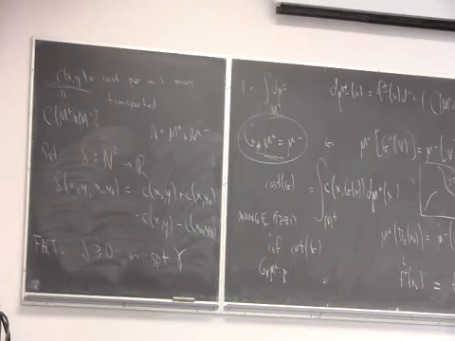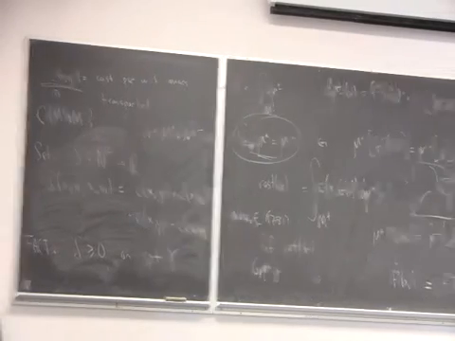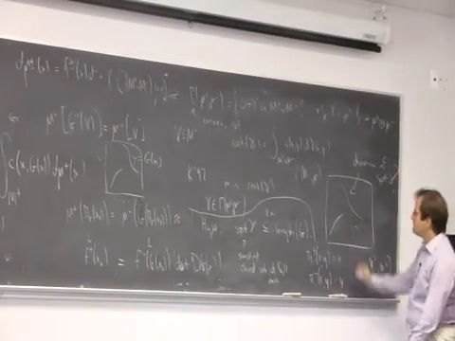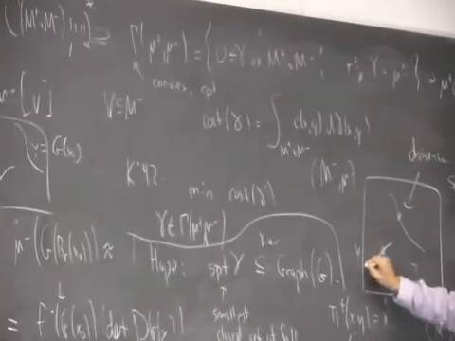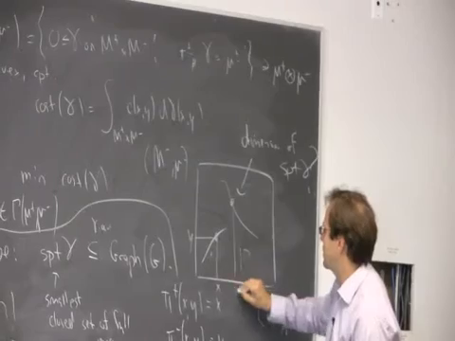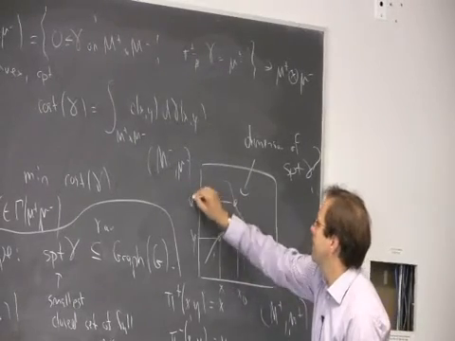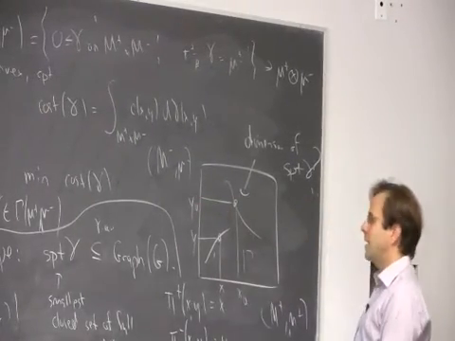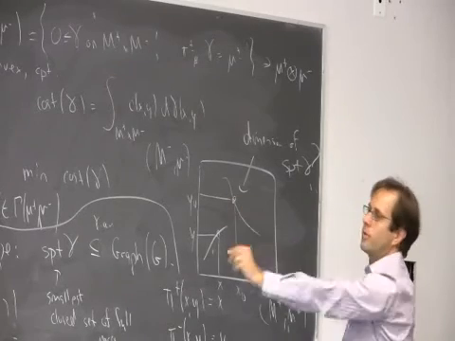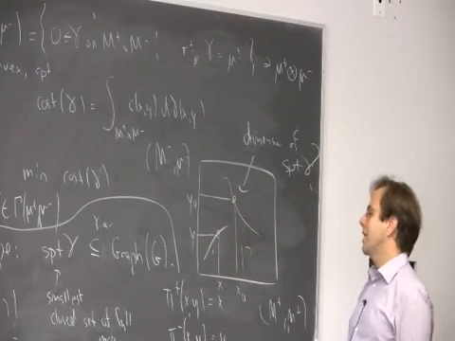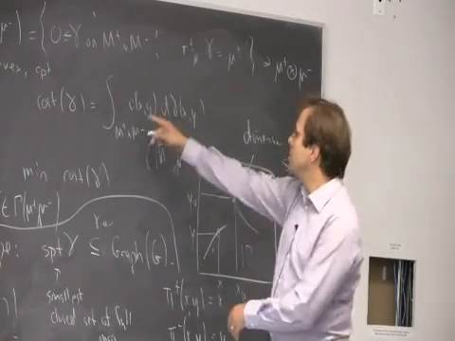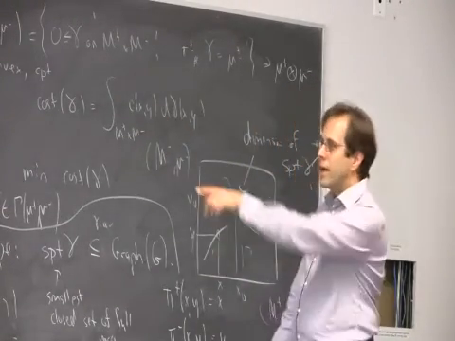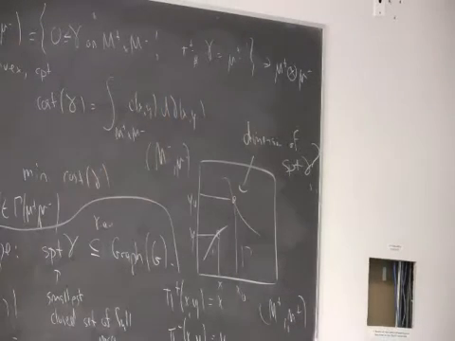So I take my support of gamma, whatever it looks like, whatever crazy set it is, and I pick a pair of points out of it, x, y, and x naught, y naught. And I claim that if I plug this point and that point into the function delta over there, what I get should be non-negative. And the idea is that gamma is supposed to minimize this cost. And so if this function delta is not non-negative, if it were strictly negative,